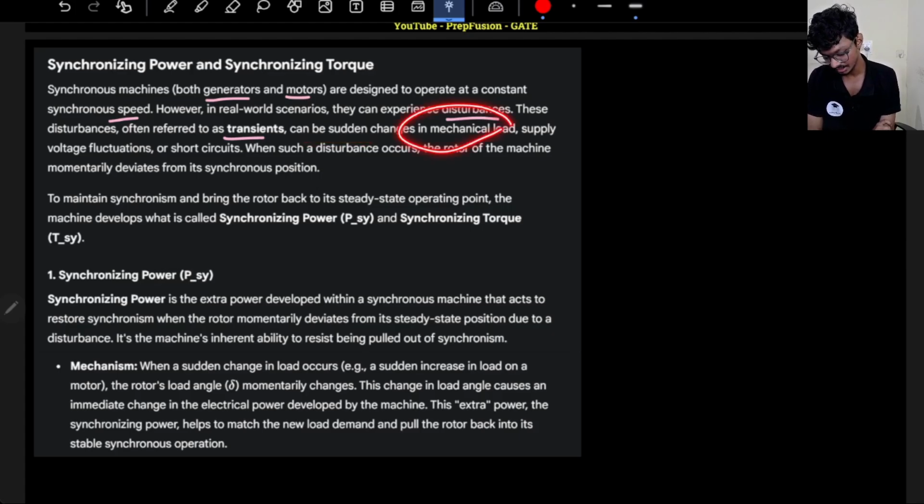the sudden changes in mechanical load or supply voltage fluctuations, or due to some electrical load suddenly getting connected, due to some short circuit, due to some fault. We will understand this in power system. There will be faults in the system, there will be sudden changes. So according to that, we have to improve our machine, synchronizing power, all those things,